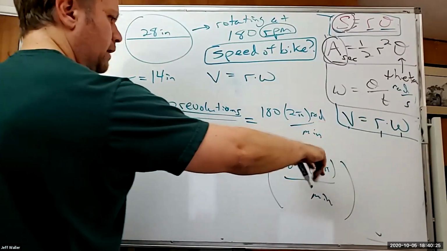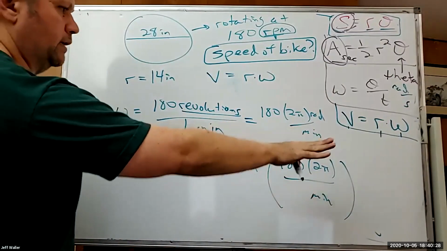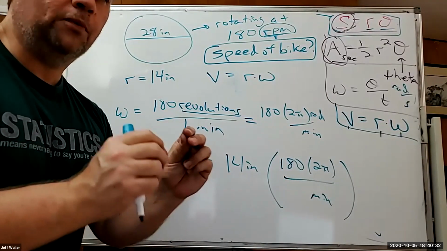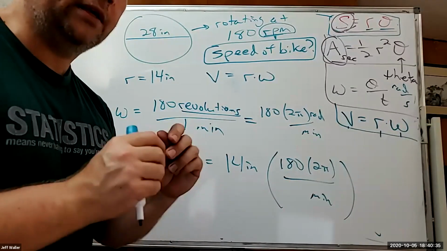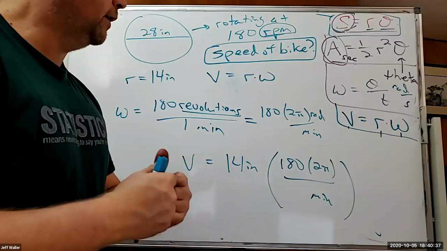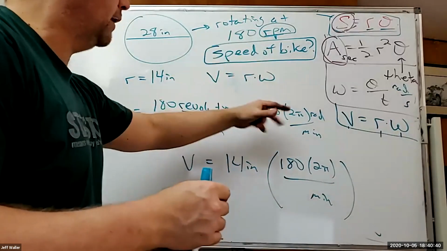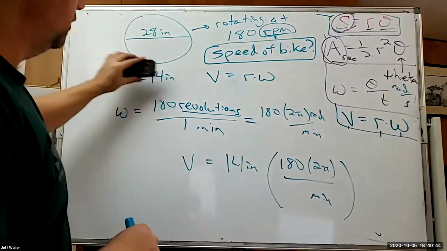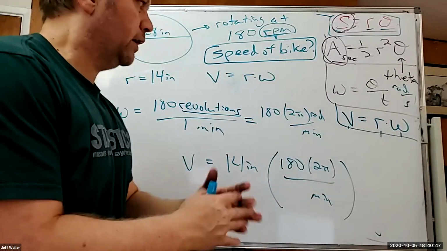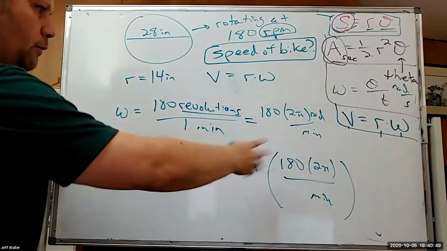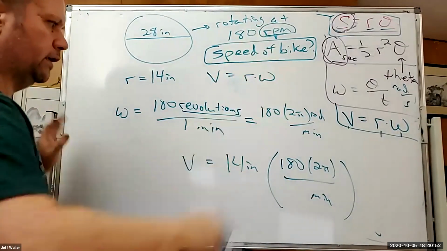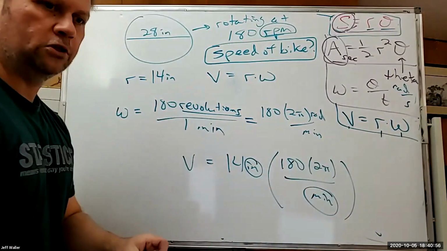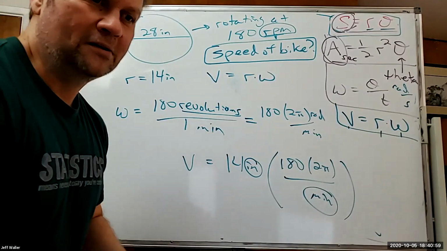And the rads are going to kind of get out of the way. The inches kind of take over. The rads are sort of a placeholder. And I really hope you guys kind of get that. That was something that was never really explained to me fully. I just accepted that they went away, but they're not even really there in the first place. It's like number of erasers across the board. It's not really a unit. And then you have to multiply all of that out. And it'll be in inches per minute, which is not the most useful measure,